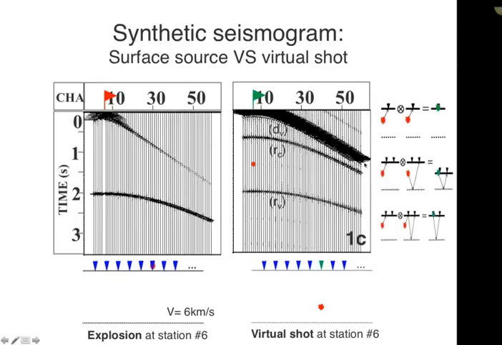So this is the cross-correlation result. You can see that it also has many arrivals in here. The arrival at the top here is actually the cross-correlation of the direct arrival with the direct arrival recorded at all the other stations along here. The energy here corresponds to the cross-correlation of the direct arrival with the downgoing reflection that occurs at all the